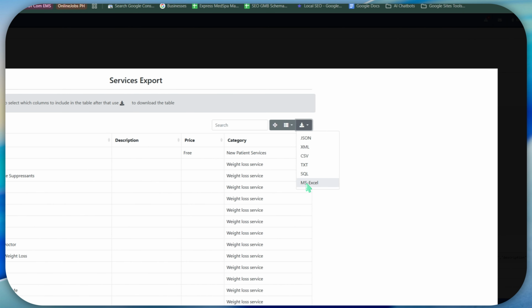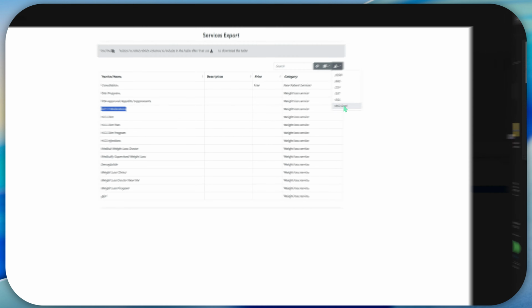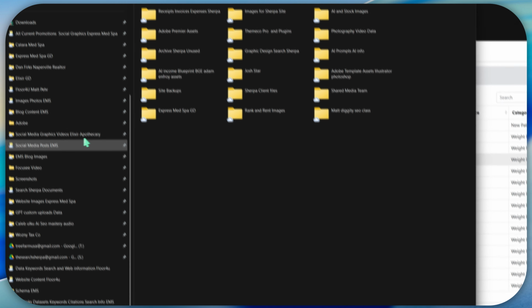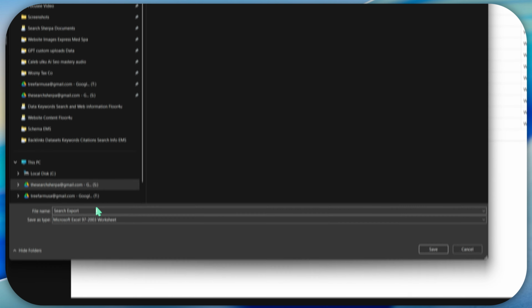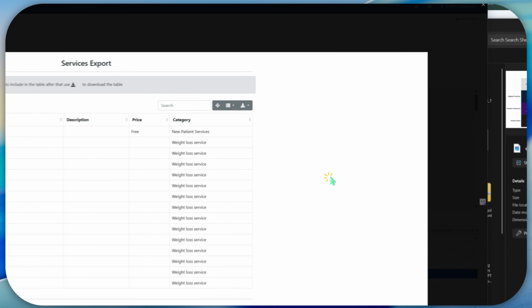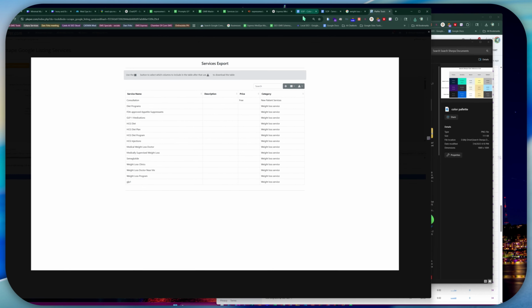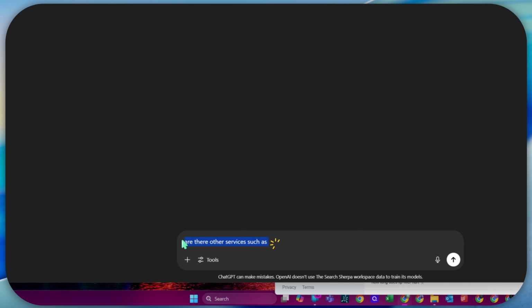We'll just download that as an Excel. You can download it in any of these formats. We'll download that in Excel, save it to the client list folder of data sets, and name it properly. And that's that entire process there. Then we will return to the GPT where we are requesting a list of services. We could also copy that,